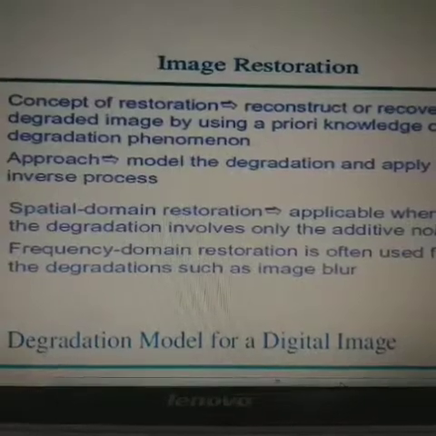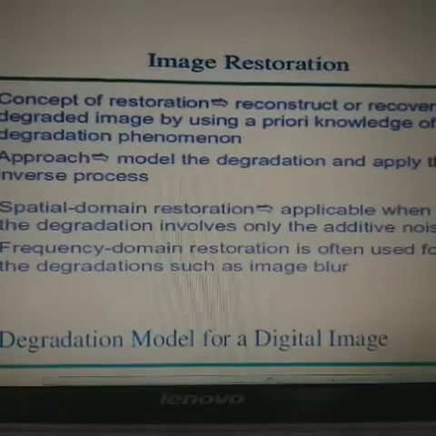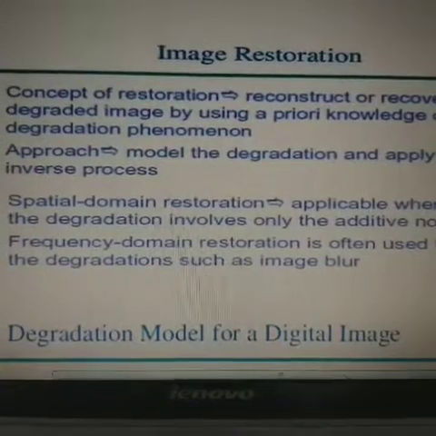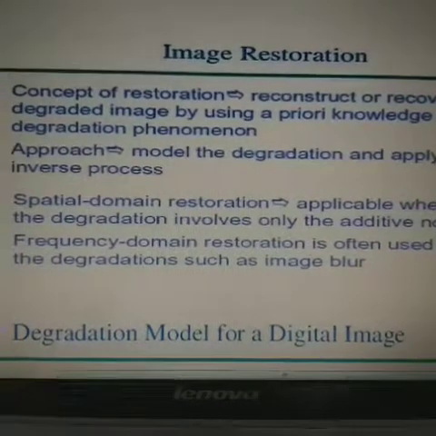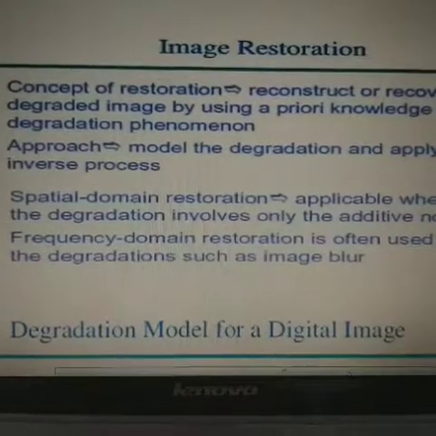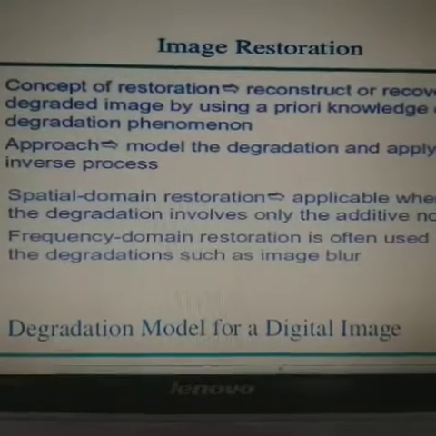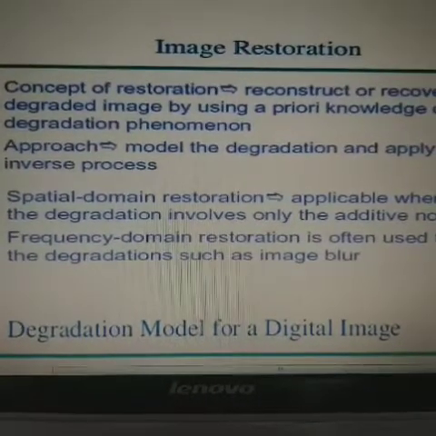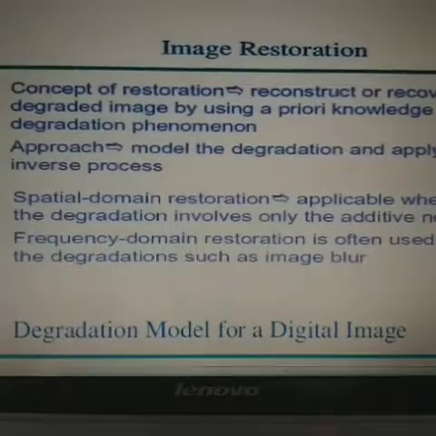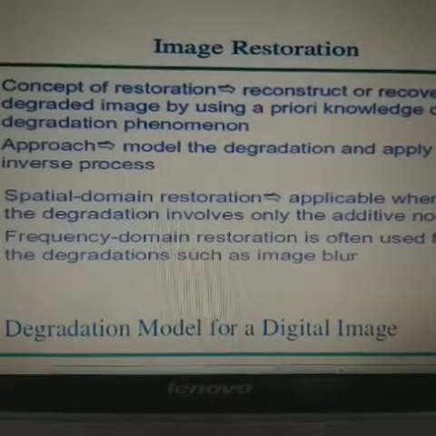Very good afternoon, students. In this lecture of digital image processing, we are going to discuss the next topic, that is image restoration. In the previous lecture, we discussed what an image is and how to enhance the image by using the image enhancement process. Image acquisition is also done. Image enhancement was done with concepts like spatial domain and frequency domain filtering. Now the next concept is image restoration.